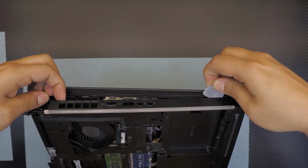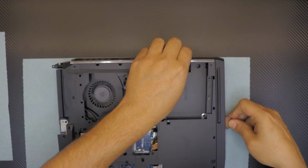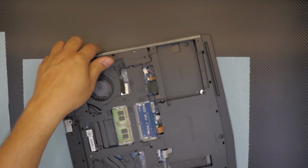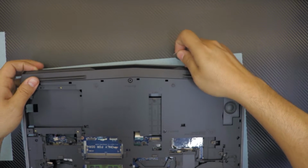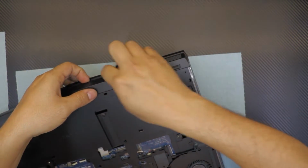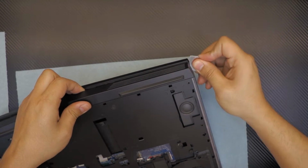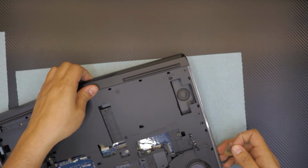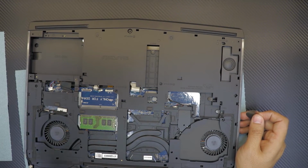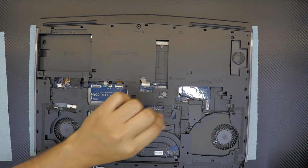Go all around. Make sure you don't scratch or don't do anything. Be very gentle. And then you can just go ahead and do the same thing for the other side. Alright, so put your guitar pick in there, wiggle it around, and once you loosen it up, just move it slowly. Make sure you don't